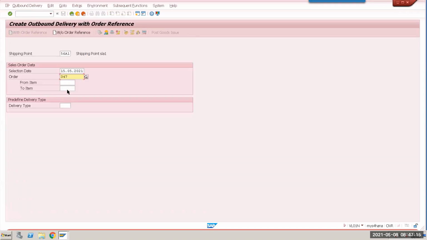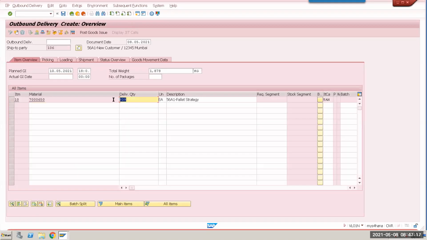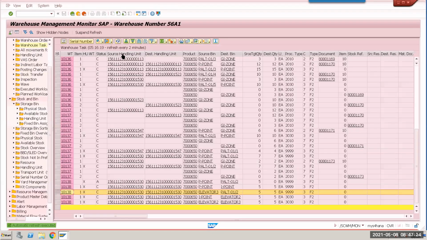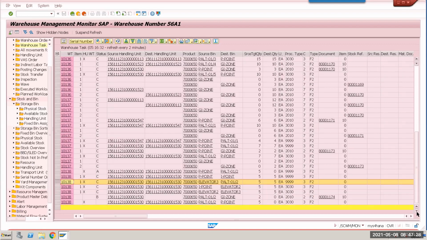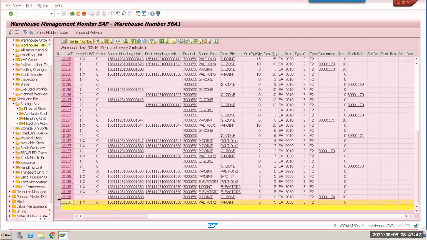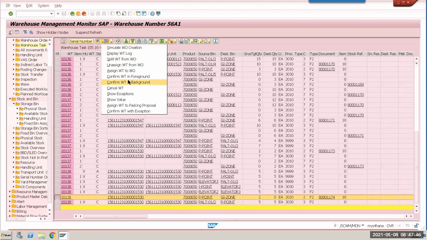VL01N. So what I'm planning to do is I'll take partial again, and then the full pallet will come. We'll go to this. 5 is going to pick point, and then GI zone is 3. Then it will be like this.